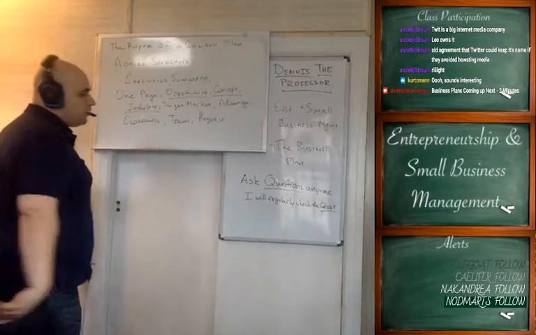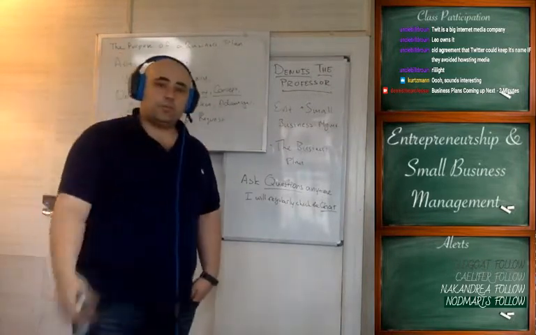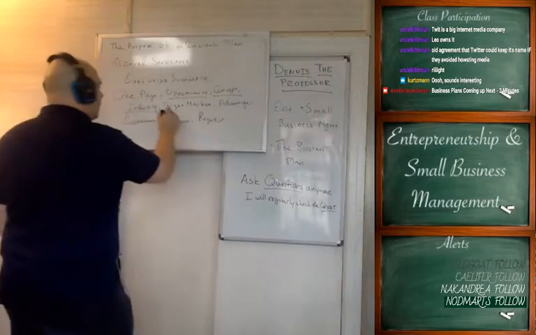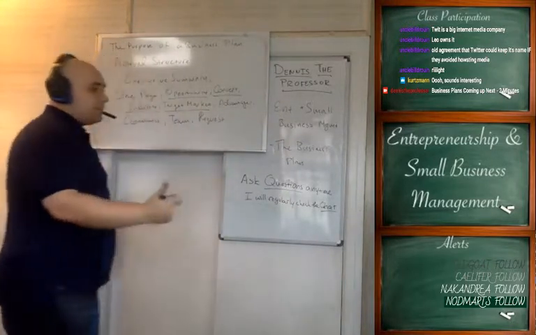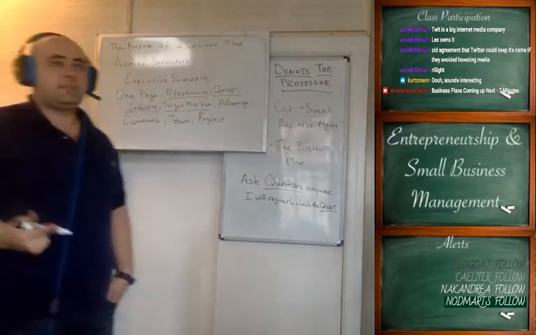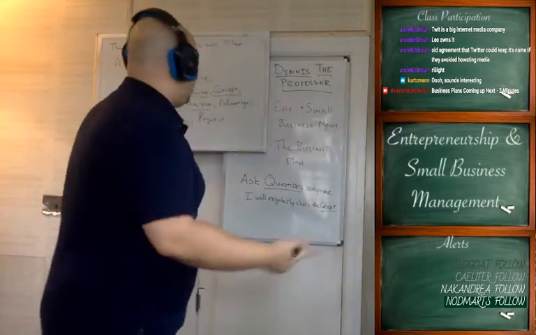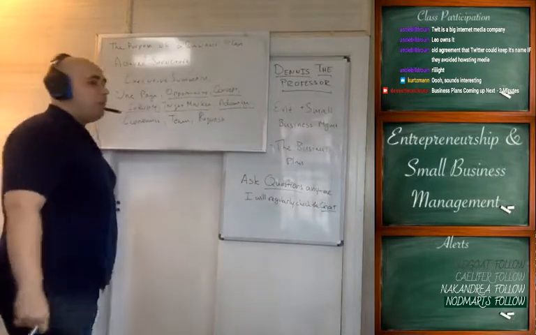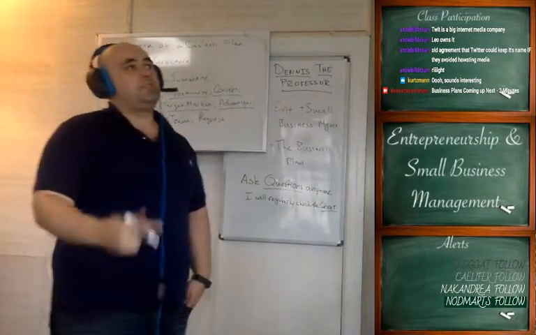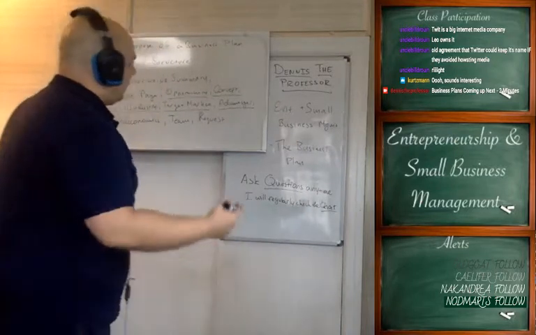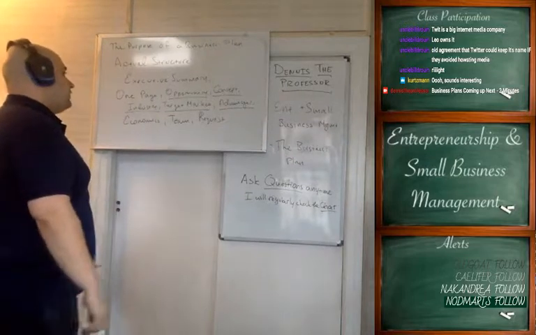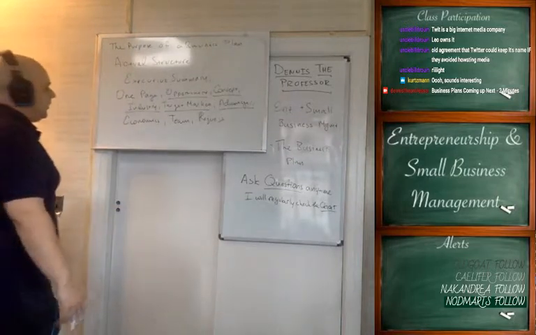What's the industry? The industry is live streaming and education, right? Education is pretty crowded, live streaming is pretty crowded, but the intersection is not, right? Who is your target market? People who don't have access to education, people who can't afford access to education, people who would like to enhance their education, right? What are my advantages? My advantage is that my product is free. My advantage is that the source of my funding is separate from the source of my audience. And my advantage is that I have experience as a lecturer at a university and quite a depth of knowledge and experience in business.